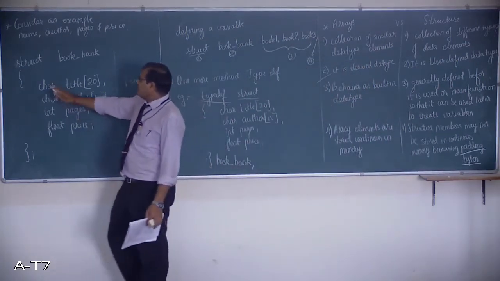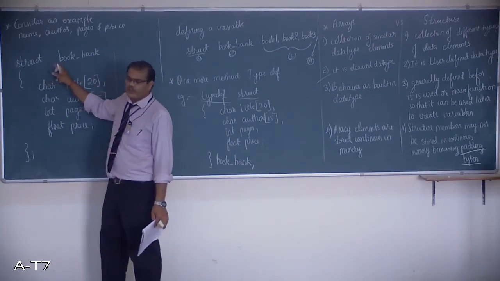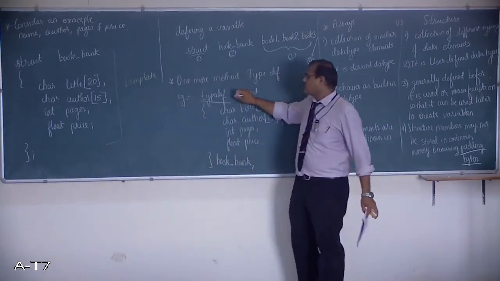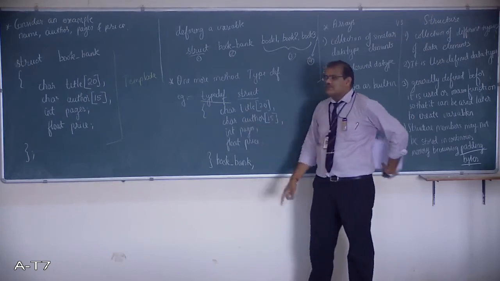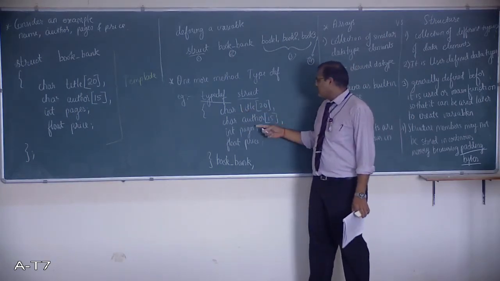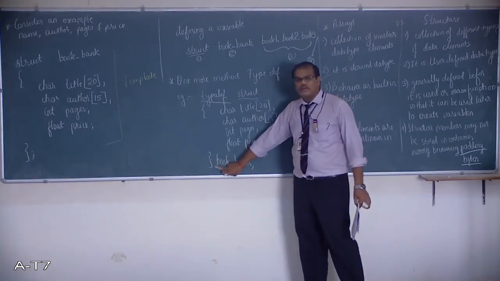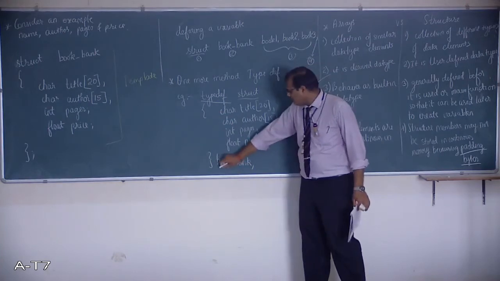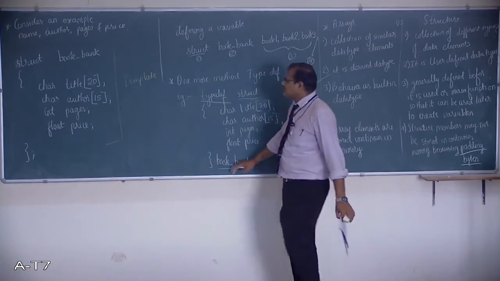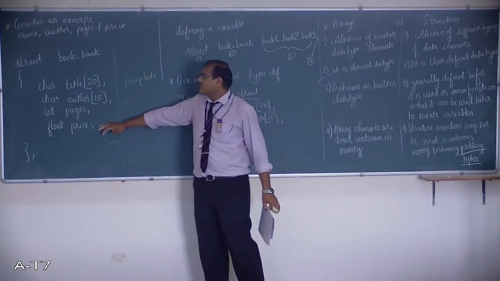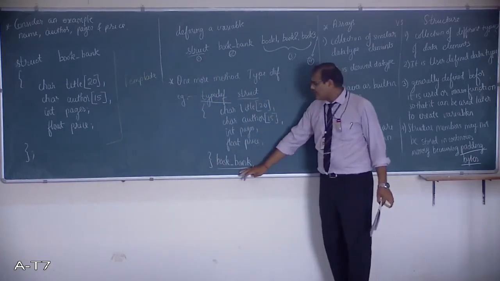In the earlier case, we had the keyword immediately followed by a tag name, with a space in between. But here we have two keywords, typedef and struct. So we have 4 members like title, author, pages and price, the same as before. Now at the end of this structure which is being defined, we have the tag name. The advantage here is that I can have this tag name, which is very similar to the earlier method. The only difference is that the tag name is defined here, and in this case the tag name is defined at the end.